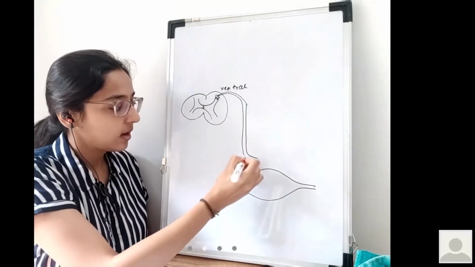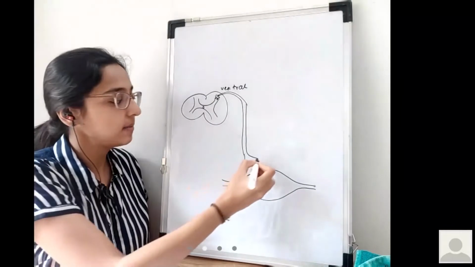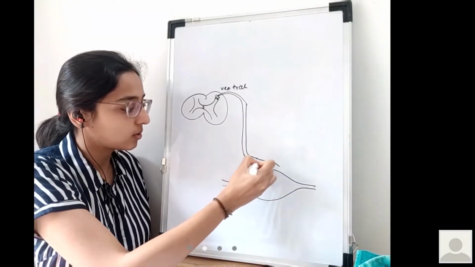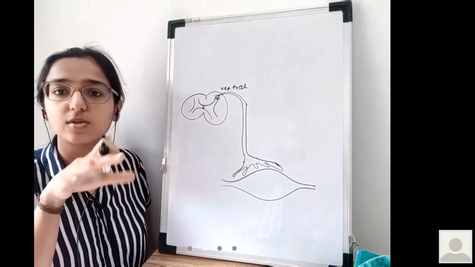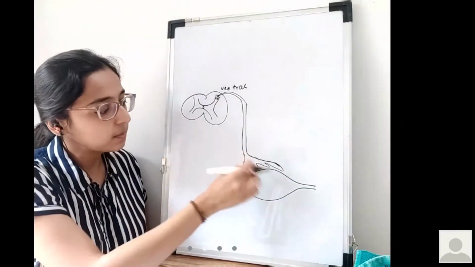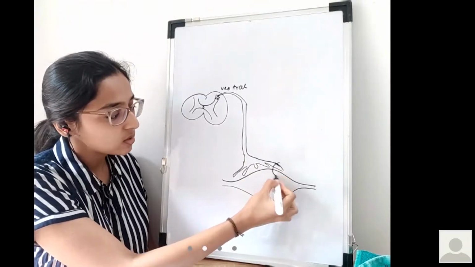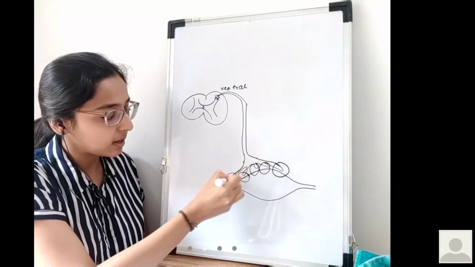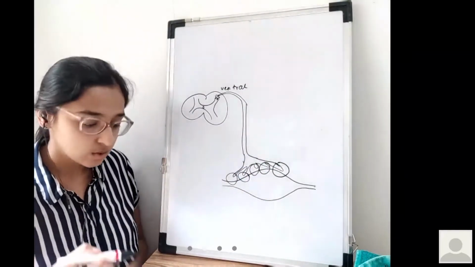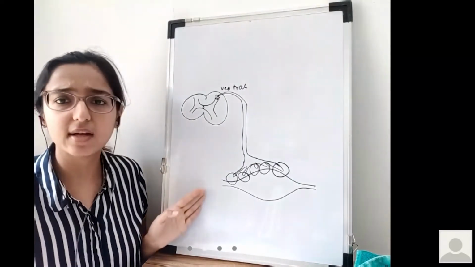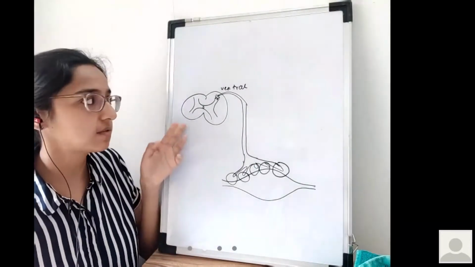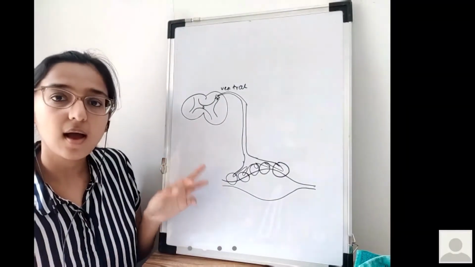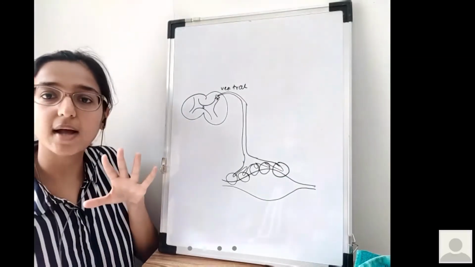When this axon reaches the muscle, it starts branching out into multiple branches. These multiple branches will start forming what is known as the neuromuscular junction between each branch and that area of the muscle membrane. So this is a rough idea about how the motor neuron travels from the spinal cord, taking the motor signals to the muscle. And when it approaches the muscle, it starts branching out.